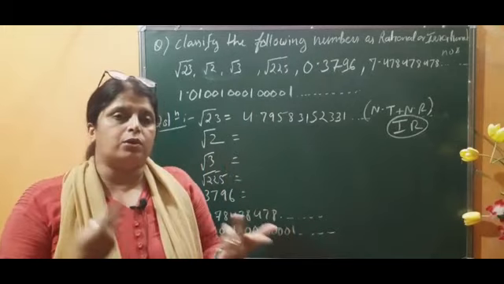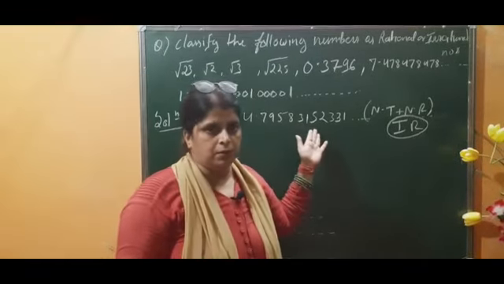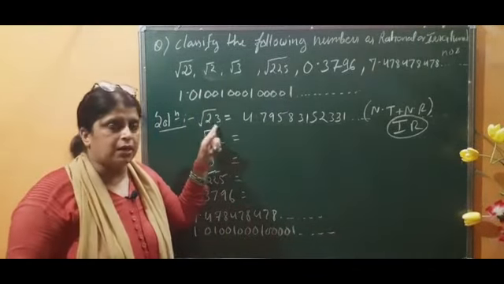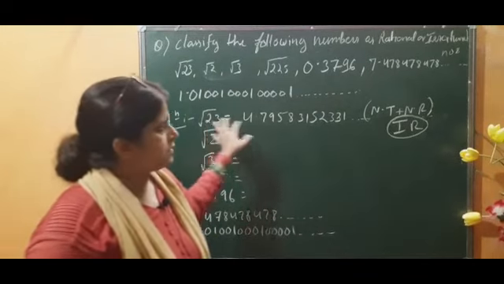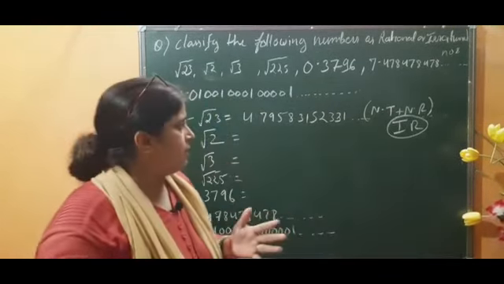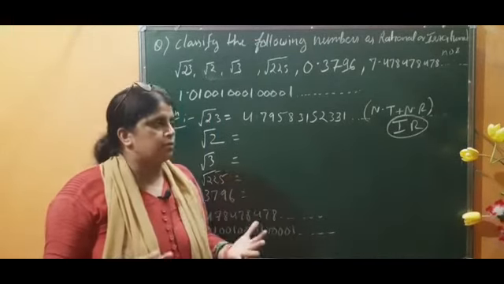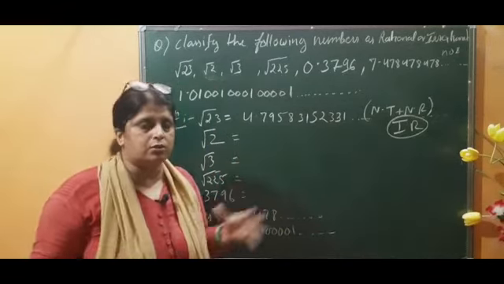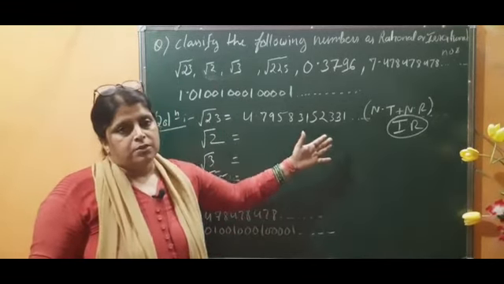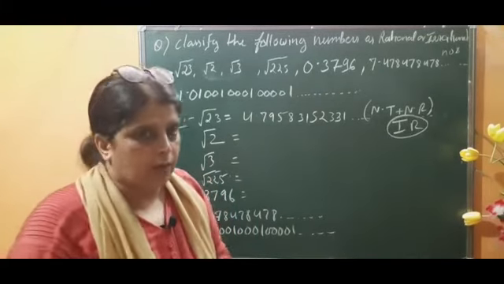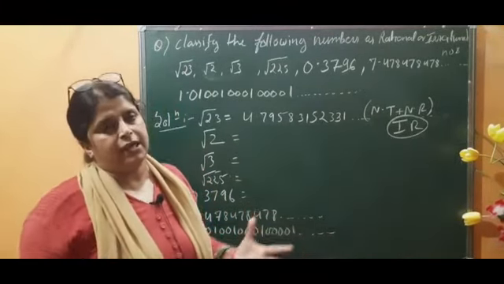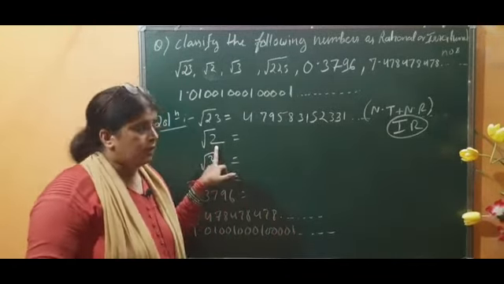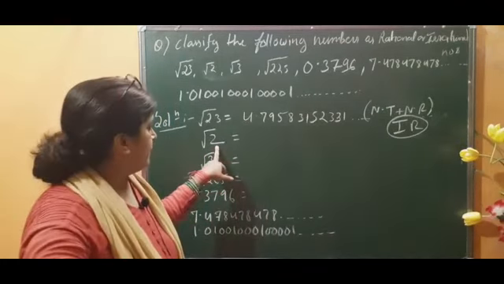So I have taught you both methods. Either you convert into a decimal number or you directly recognize it, because we can't break it into a proper square root. So this is an irrational number. I taught both methods for concept clarification, because in future if you want to go into detail and gain so much knowledge, these things must be kept in your mind. Children, learn for knowledge, not only to clear the exam. That's why I'm explaining everything properly in detail, so that it becomes interesting to learn. Now root 2. You can go through the method of how I got the value.